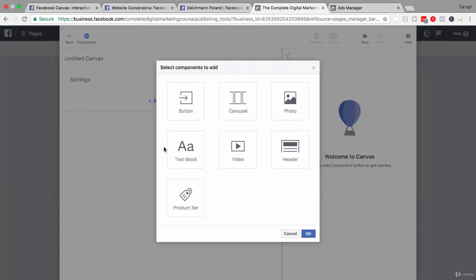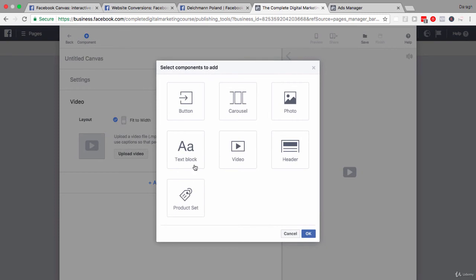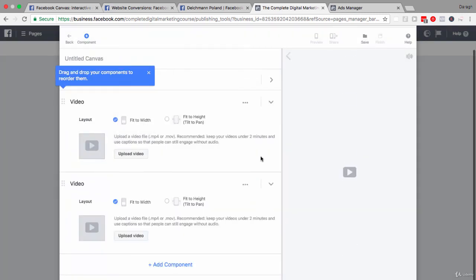Maybe let's just start with an open canvas. So you can see you can put in a button, carousel, photo, product set once your product catalog is uploaded, and video. So let's just put in a video, and see you can continue to add components as people scroll down, scroll left, scroll right, etc. So I won't go through all the details of setting it up, but once you have got a canvas created,